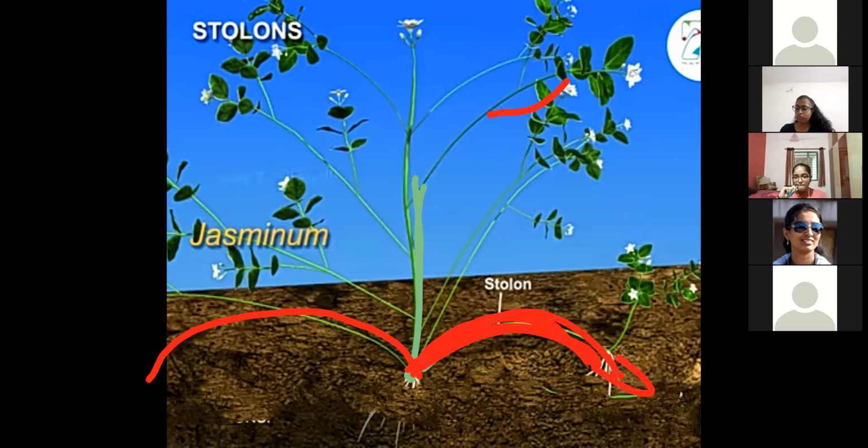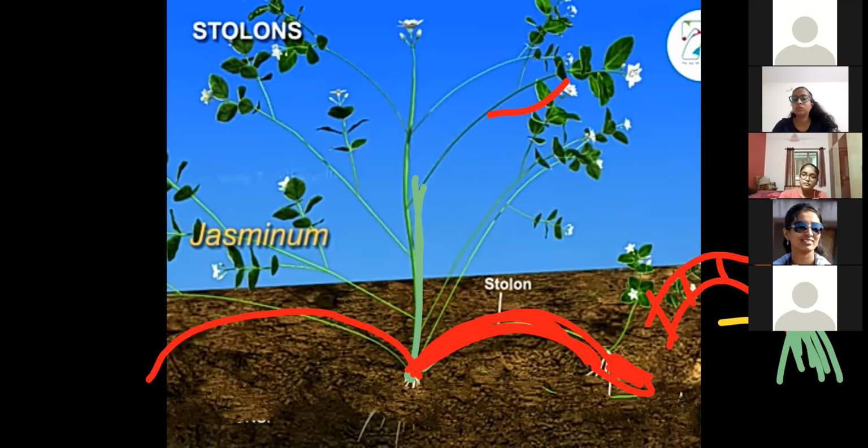So this branch bends in such a way that it forms an arc-shaped structure. And the nodes here, if we magnify, look like this type of structure. Over here the soil surface is there. So the node region that touches the soil surface, from that the root system develops and the shoot system further develops. Then further another branch will come, it will bend, form an arc-shaped structure, and it can help in further formation of a new plantlet, right?